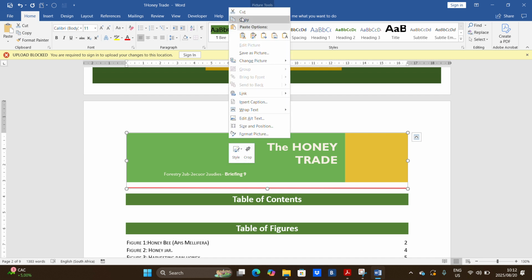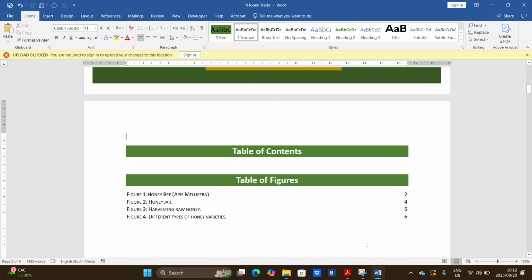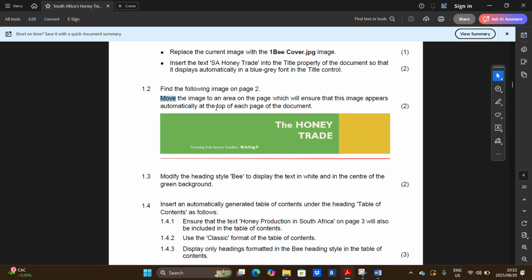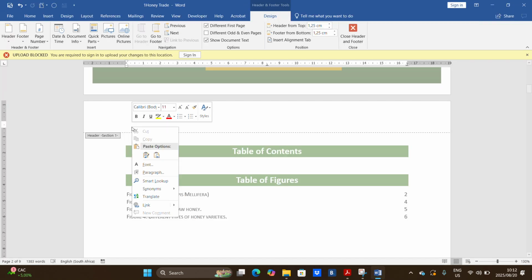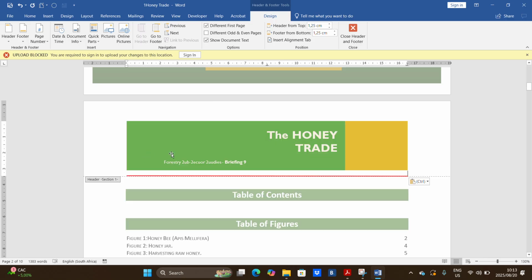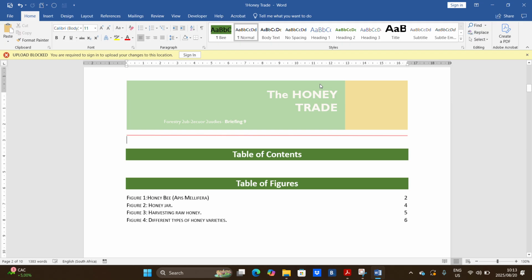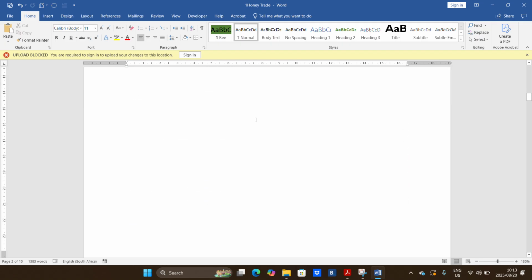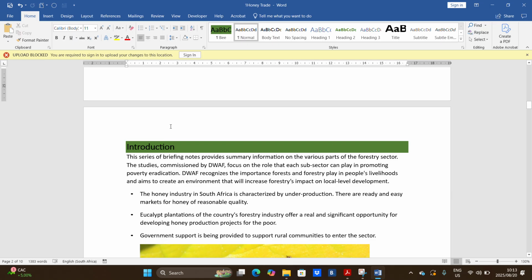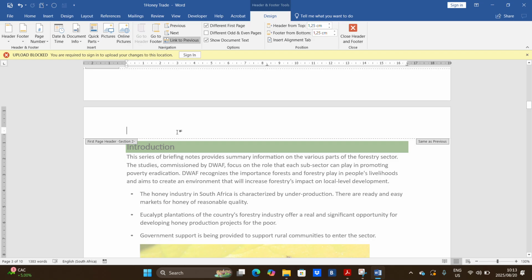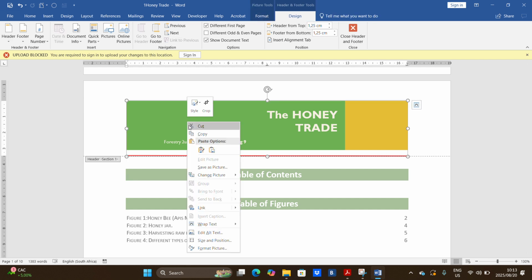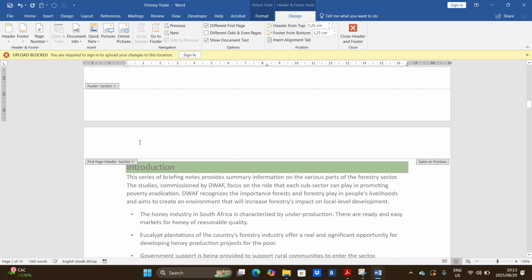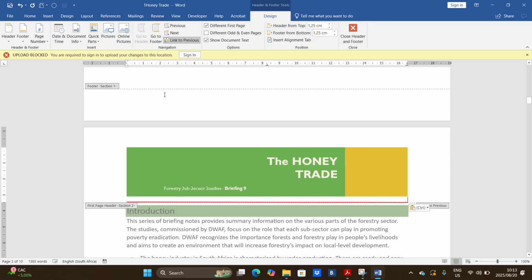So I am going to right click and I'm going to cut this image. And they said it must appear on top of each page of the document. So I'm going to open my header and I am going to paste that image there. But now you will see that even though I close my header, it appears on top of this page, it will not appear on top of the next page because this is section 2, whereas where I've pasted the image is section 1. So therefore you need to copy this image and paste it in the header of section 2